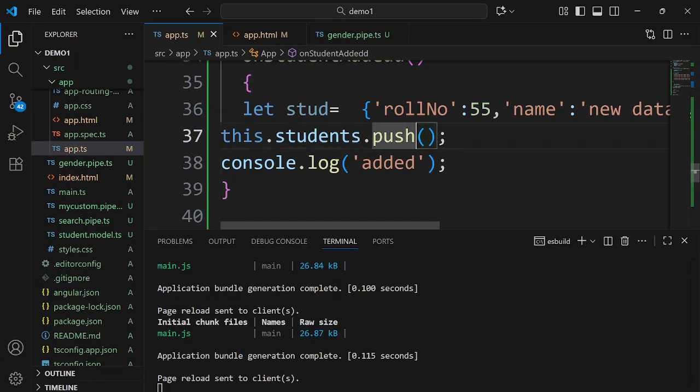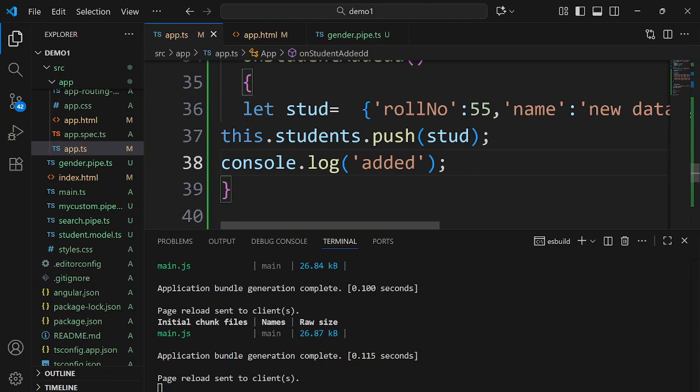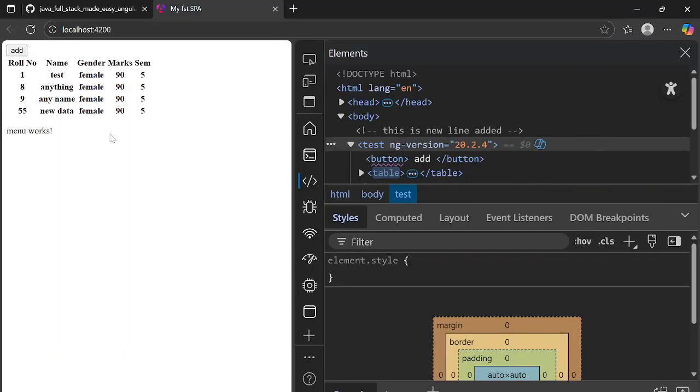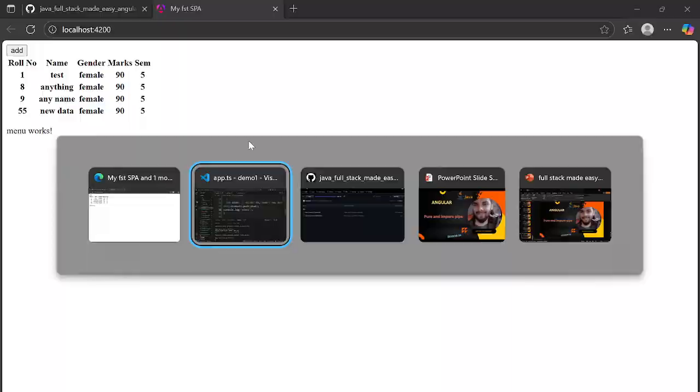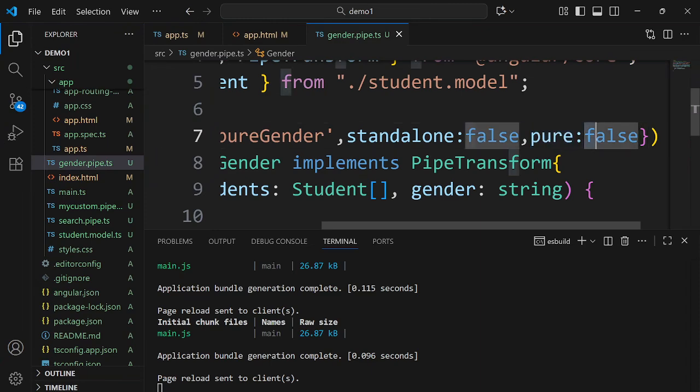Oh, this.student.push what, right? So I'm going to push the student. Let's save it. Let's go back, click on add. So we are able to see the details. That's fine. Let's close this, and now we will once again go back to the pipe and change it back to the pure pipe,